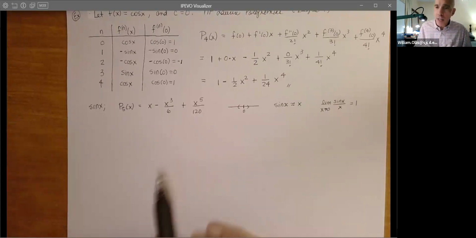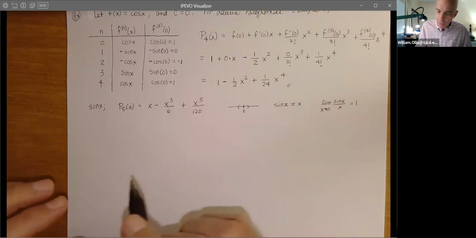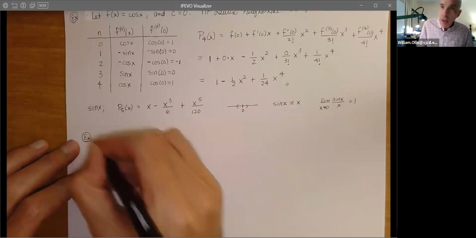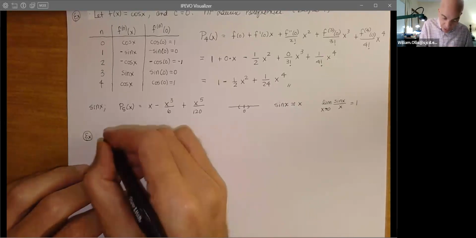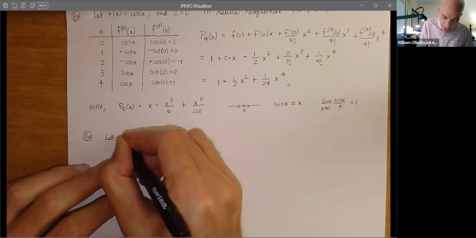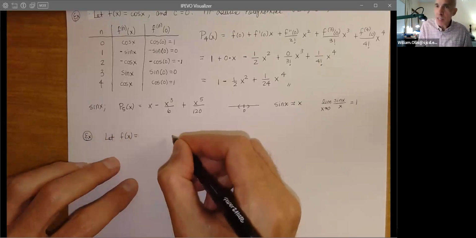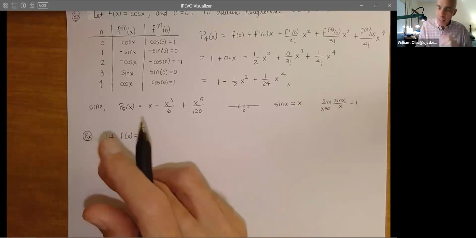Now, another couple of things that we want to talk about. There's another function that's really important, and that's e to the x. And we want to look at the Maclaurin polynomial for that. So I want to get some of these simpler ones out of the way so that when we extend them to infinite series, you'll look at them and boom, you'll be like, I got it. I know what this is.